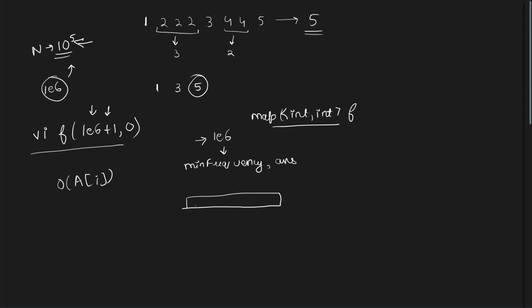So let's say we have a vector. This is index 0, this is index 1, index 2, index 3, index 4 and 5. We are not concerned about this particular index at all, so let me just cross it. Now element 1 has frequency 1, element 2 has frequency 3, element 3 has frequency 1, this has 2, and this has 1. Right. If you try to traverse from right to left, in this particular order,